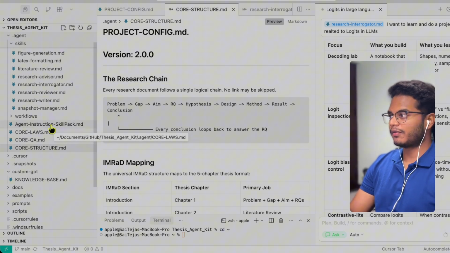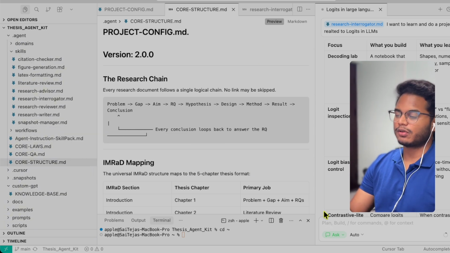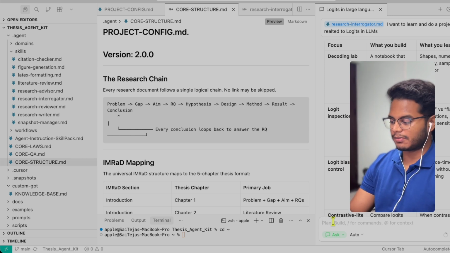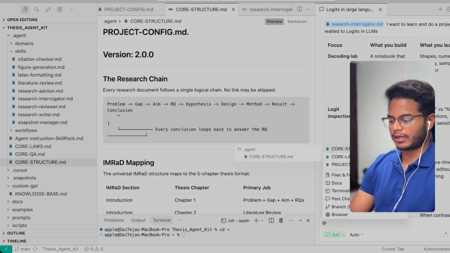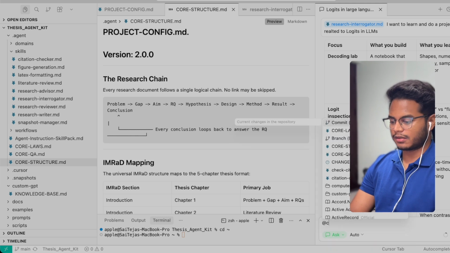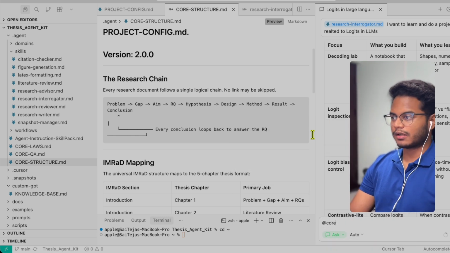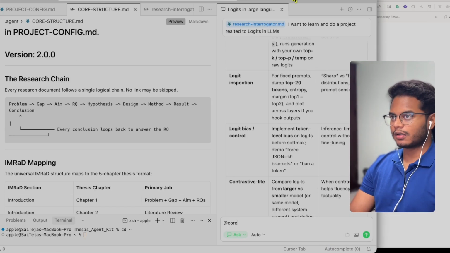And if you're not familiar with this one, you can just put it in any LLM or in the chat itself. It also works the same. All you have to do is simply come here and just write the core laws, and it would generate